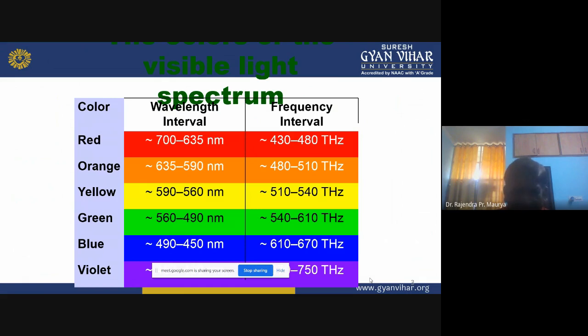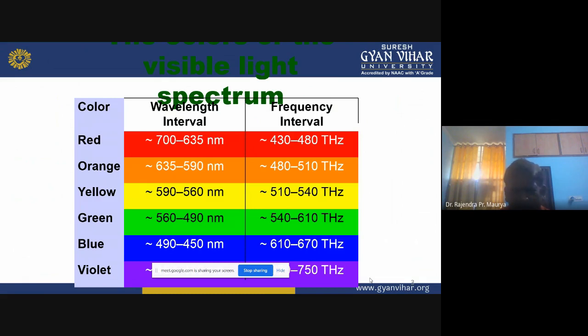That is our main objective. Here you can see the red color wavelength is 635 nanometer to 700 nanometer. That is the longest. After that, second is orange, 590 nanometer to 635 nanometer.